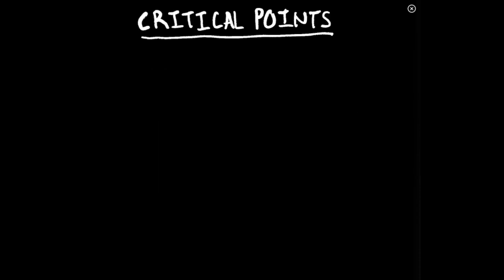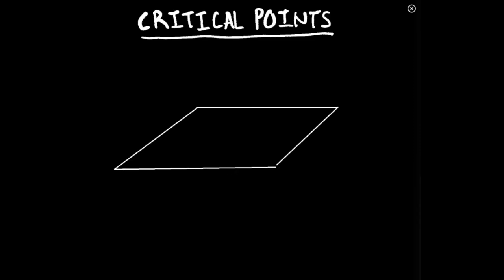Okay, now let's expand this idea into 3D. So say that we have some function that takes place on this range of values here. And in some spots, we've got hills, and in other spots we have divots, right? So say at these high points, we have local maximums. That's a critical point. At this low point, we have a local minimum. So that's also a critical point. But what you'll find is that in 3D, you actually have another kind of critical point, and that's called a